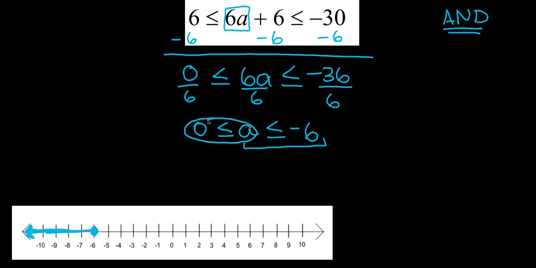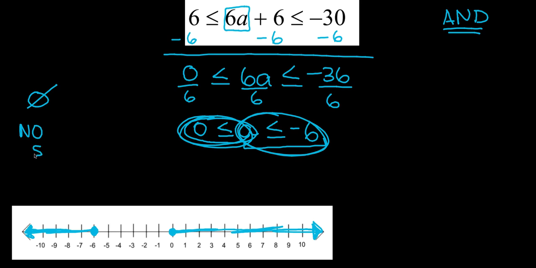This thing over here says that 0 is less than a. Well, what kinds of numbers is 0 less than? 0 is less than 1, 2, 3, 4, etc. This one's going to graph from 0 to the right. So when we go looking for the interval here, where is my answer, what kinds of numbers are bigger than 0 and at the same time smaller than negative 6? The answer is there aren't any answers. We get an empty set. There are no solutions